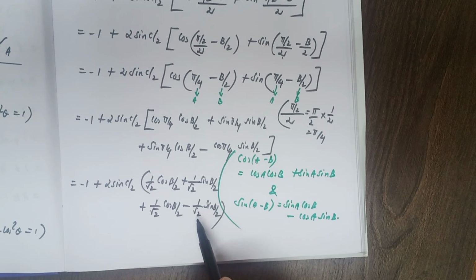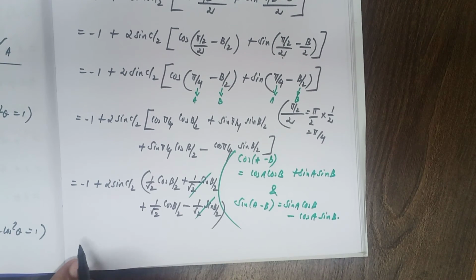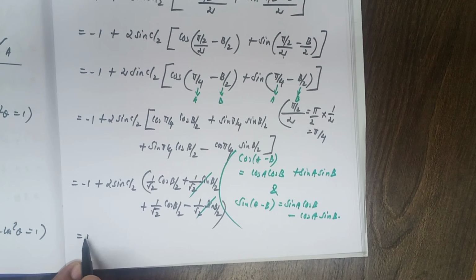Plus 1 by root 2 sin b by 2 minus 1 by root 2 sin b by 2, both get cancelled. That is equal to minus 1